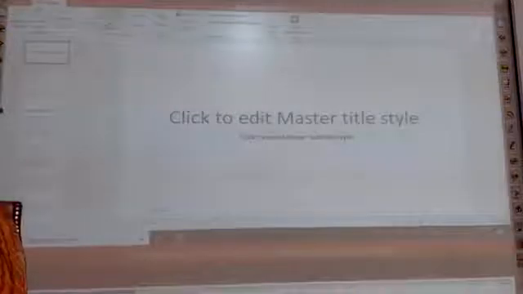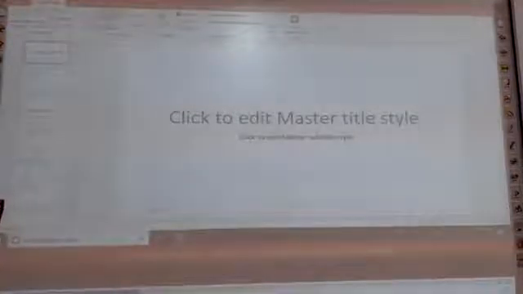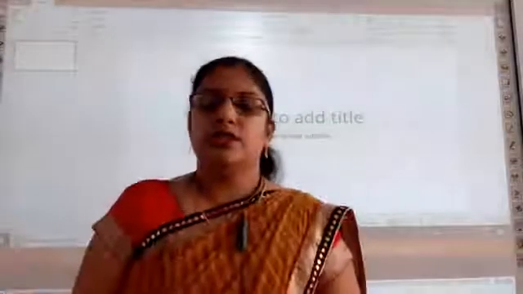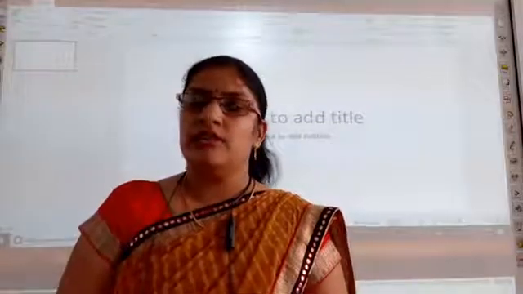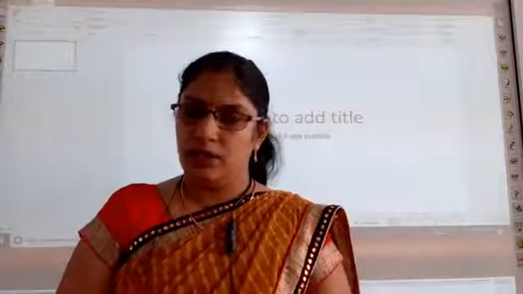The slide is displayed for editing in the slide area of the main window. Scroll up the slide pane and select the first slide. This is the slide master. Apply the changes in the slide as you require, like changing theme, inserting pictures, adding text box or shape, etc. Finally, click on the Close Master View button. After I have done the changes, I will click on the Close Master View button.